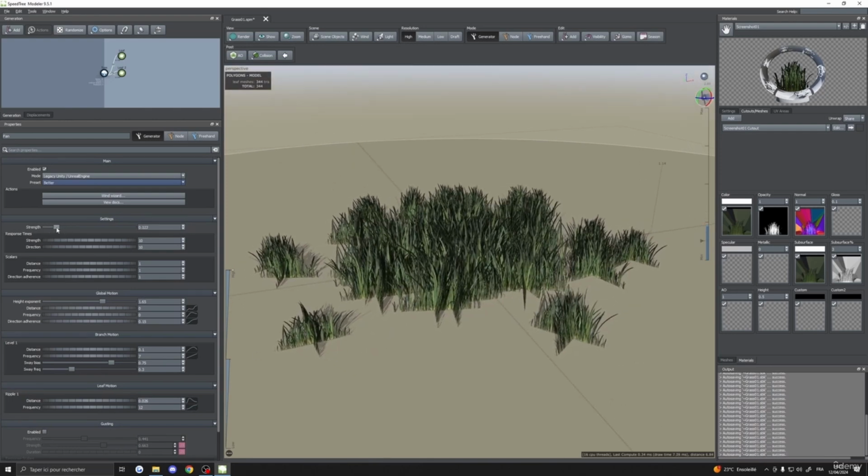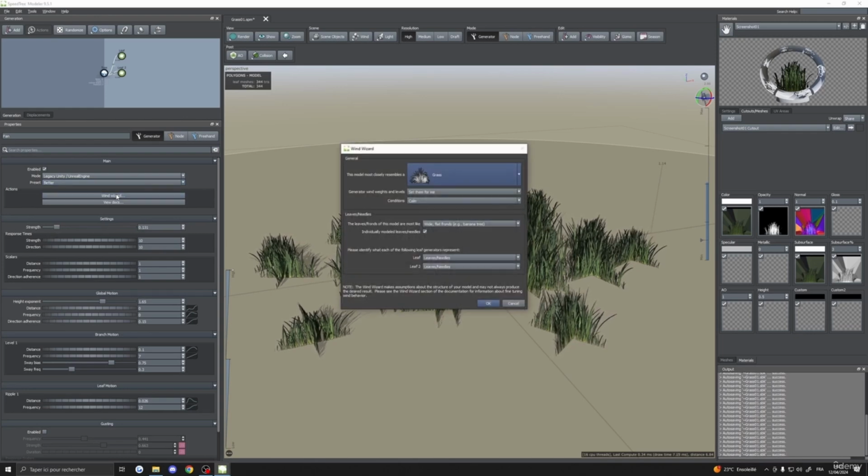Of course, here you have some of the settings. You can control the strength of the wind, so I increase the strength. As you can see here, we can see the strength of the actual wind. Of course, it is way too high, so I'm going to bring that down. So in Wind Wizard here, we need to actually